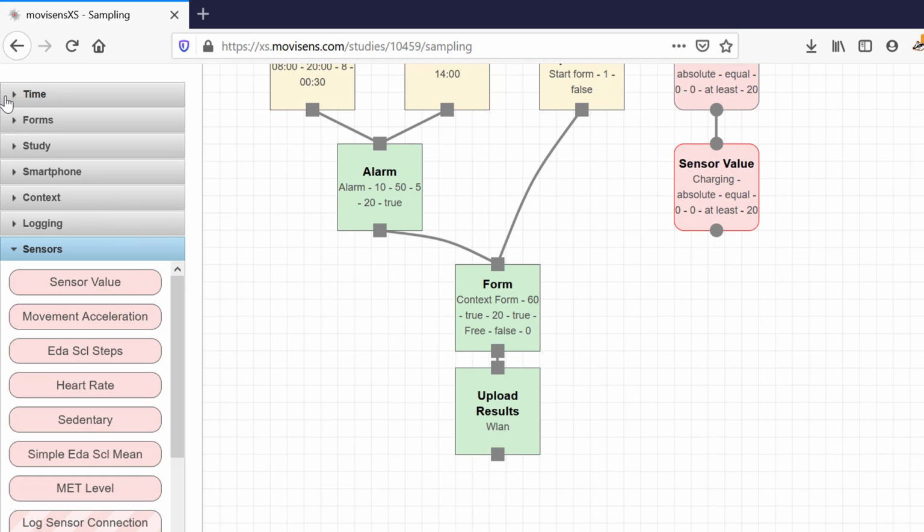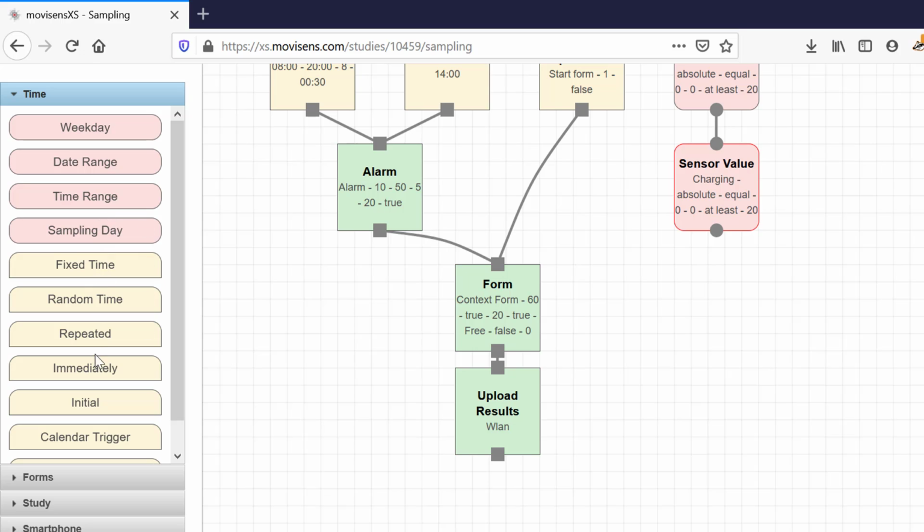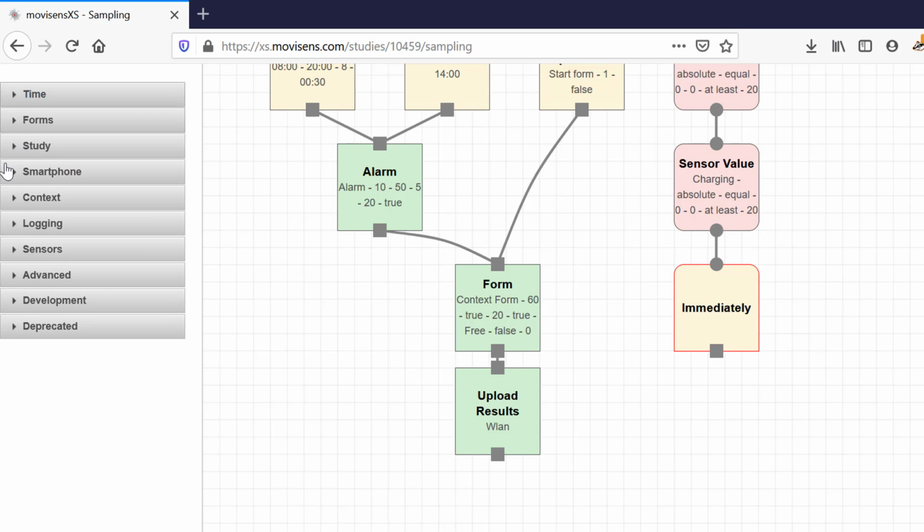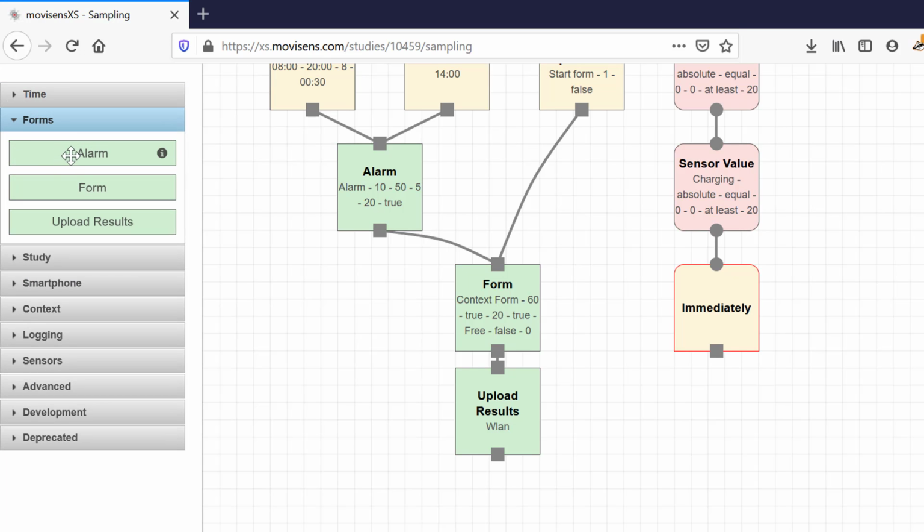And then we could say, all right, at this point we want to send them some sort of warning, so we can immediately trigger some sort of alarm, and then we'd send them a form saying, please check your sensor connection. So on the form, you'd design a form on your forms page which would say, please check your ECG sensor. We're not getting proper data. Can you make sure it's properly configured? And maybe show them even a picture of how it should be worn, all in that context.